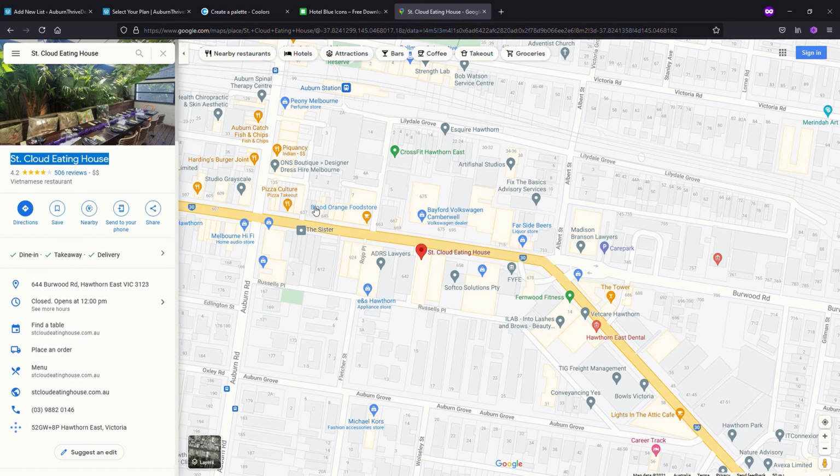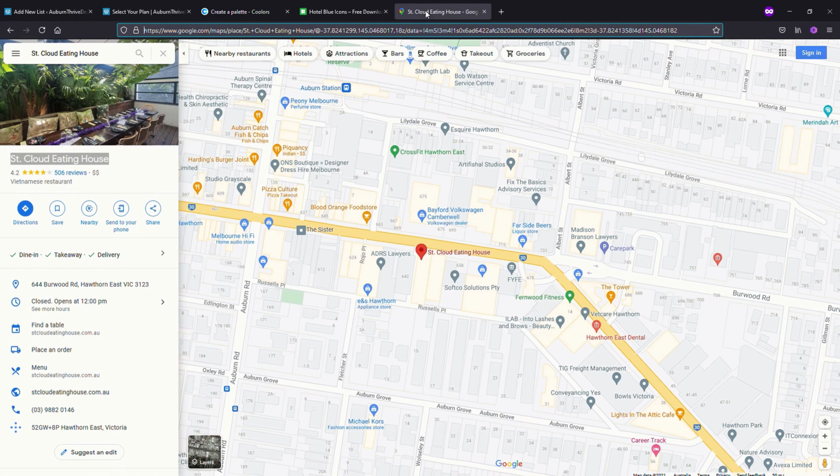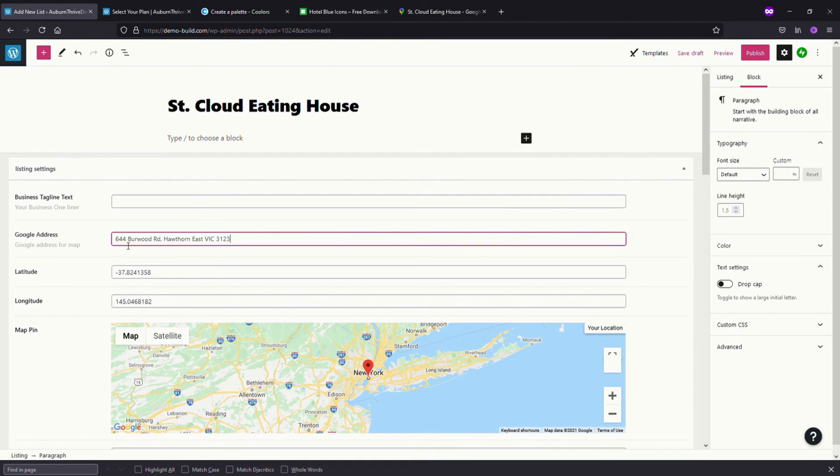So the reason we looked it up on Google Maps is so we can get the coordinates, so the pin drops in the right location. And you'll see that there is two lots of coordinates. There's this one here, and there's another set of coordinates over here, and they are slightly different. So I'm just going to copy the coordinates that we want, and then I'm going to paste them over here. And there we go. And I'll cut that back out, paste these ones in here, and then get rid of up till there. The Google address for the restaurant, it's nice and easy because there's just a quick copy button in the maps. We can paste that in,